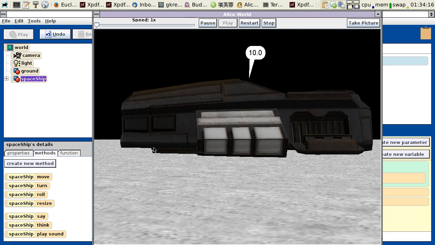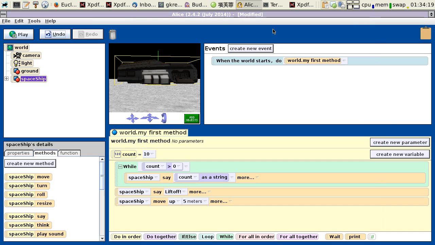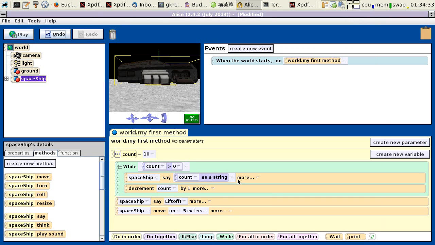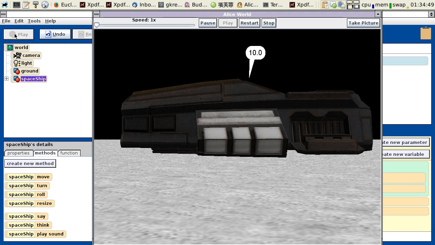What did I miss? I missed something. What did I miss? Have to decrease count. Decrement count by 1. Because I'm going down by 1, I can use this special instruction to decrement count. Normally, I would have to set count to count minus whatever, but I can decrement count this time. So,